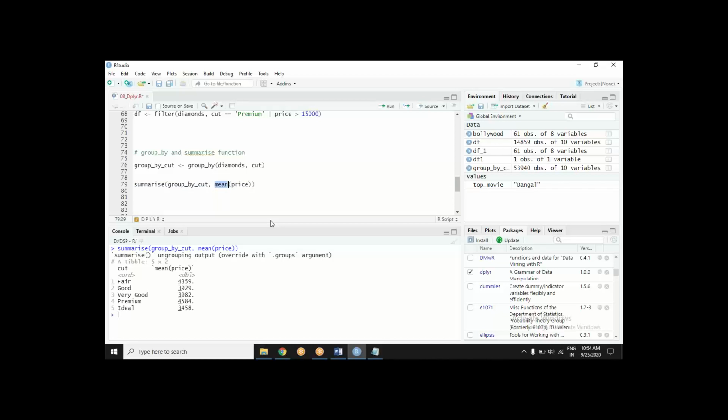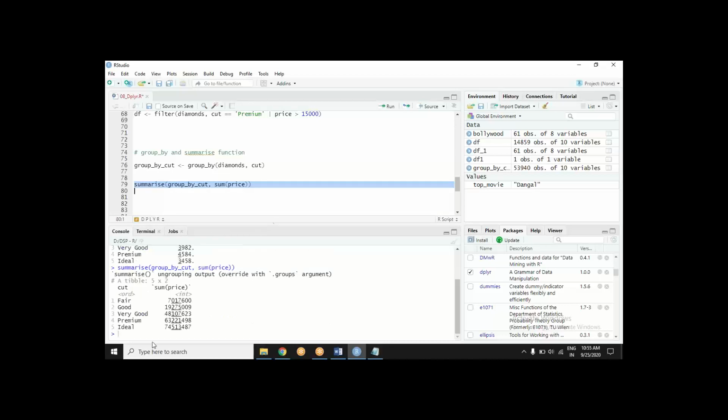You may ask me, tell me the total price of diamonds in each category. Somebody may ask me that, yes or no? Now somebody is asking me not the average price. They want to see the total price of diamonds in each category. Okay, how much is the cost of the diamonds which are of good cut in my inventory? Simple. Got this? So I can see the total also.